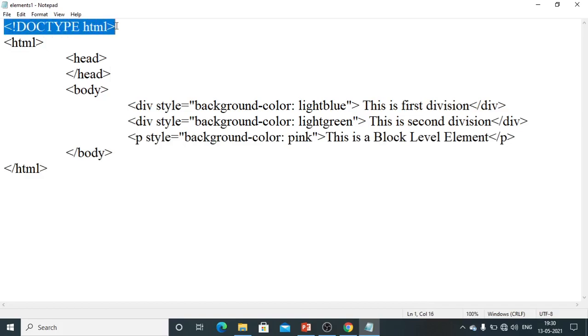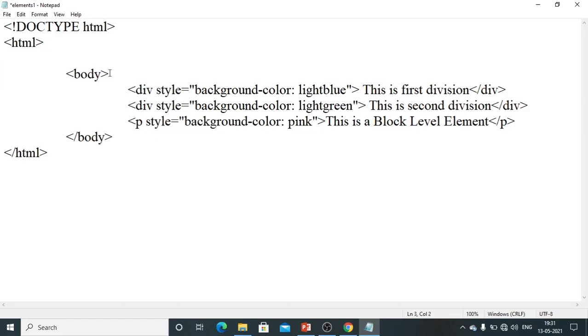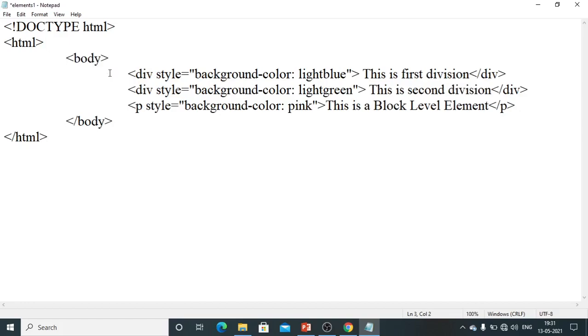This line, doctype HTML, is an element which defines the type of the file. Then this is the start tag of the HTML, and this is the end tag of the HTML. Whatever is available within the HTML document code, everything is an HTML element. Here I am not going to insert any title, so it's an empty header tag. If you don't want to use any title for a particular document, there is no need to include the header tag; you can directly use the body tag within an HTML document.